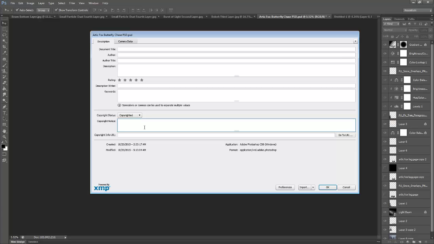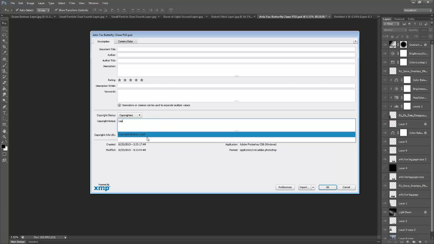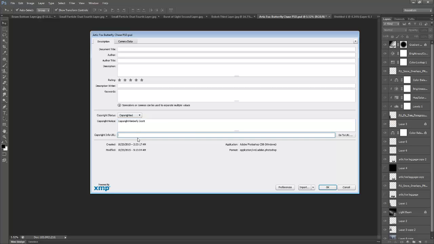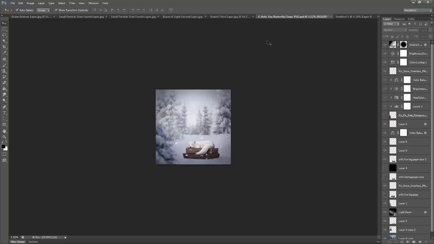So we can change our copyright and add whatever we want into our copyright area. Now your copyright info, you can add just your website. So this would be www.photographersunleashed.com, or if you have your copyright information, every image that's copyrighted will have an identifying number, and sometimes it has letters with it. So you can add that in there as well if you really want to. Okay, so once we have that, we can go ahead and choose OK. And now you see right here at the top, it has the copyright